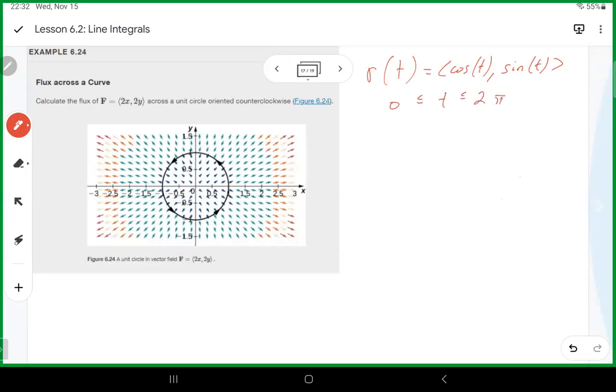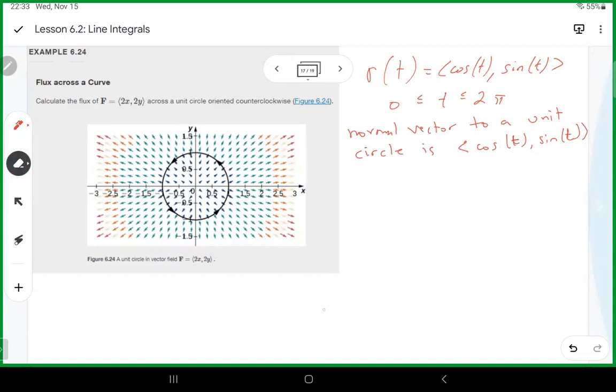The normal vector to a unit circle is cosine t sine t. Normal. Okay, so therefore the flux is